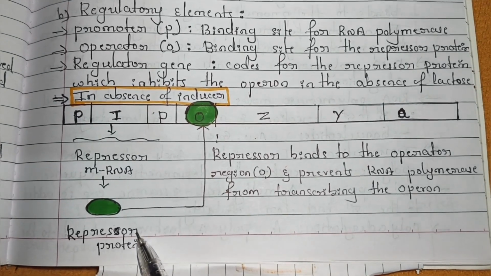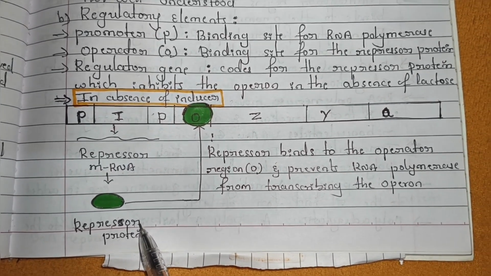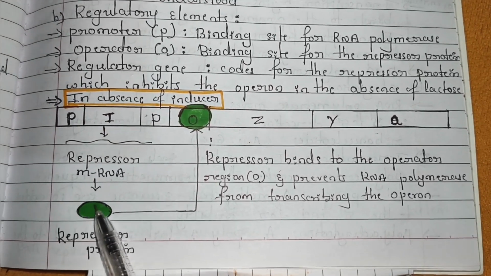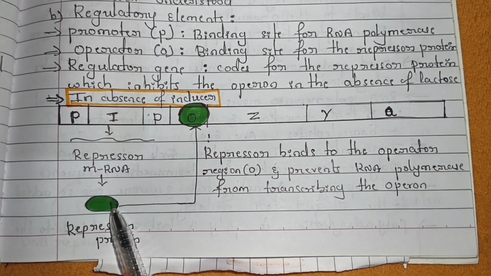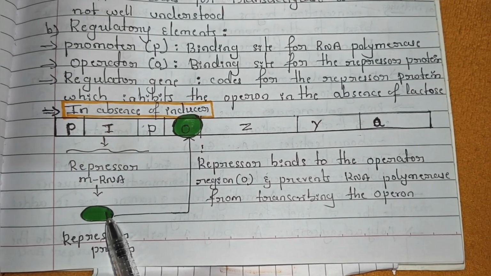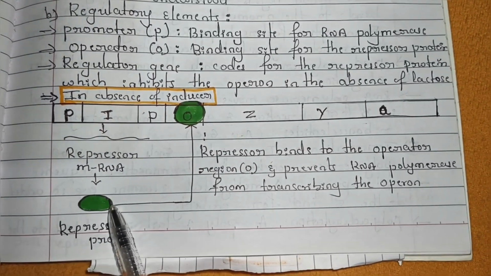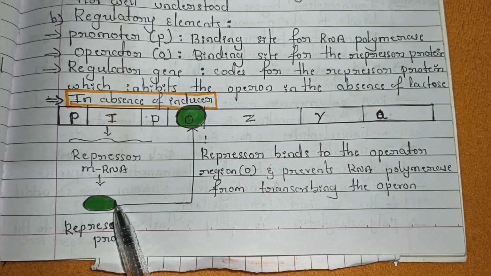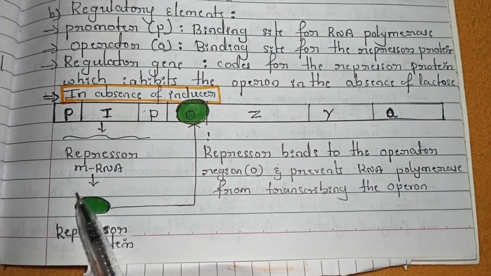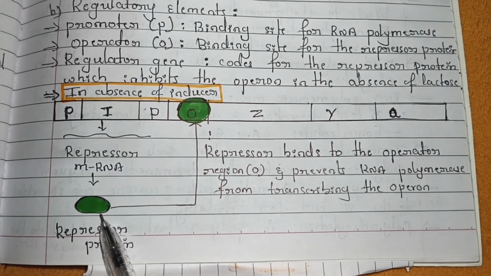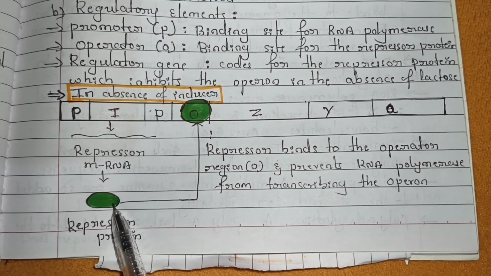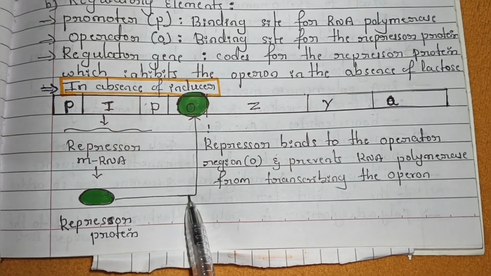So this repressor protein will wait for some time, because in E. coli they have lactose, meaning the lactose will bind to the repressor protein and it will start working, and that is what we consider a switch on. But here I am explaining switch off, because here there is no lactose in E. coli, so the lactose does not bind to the repressor protein, and after some time the repressor